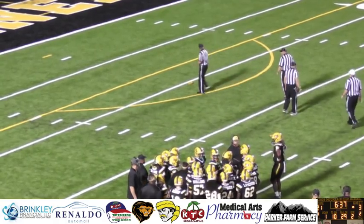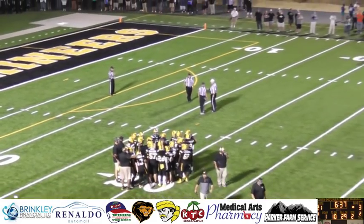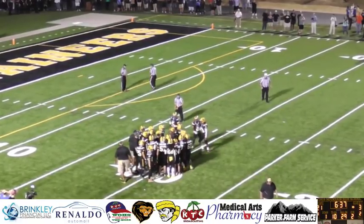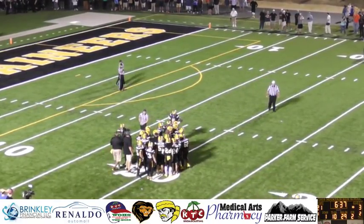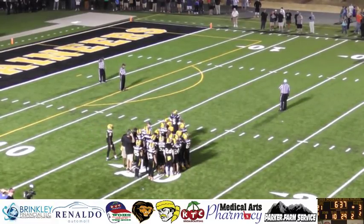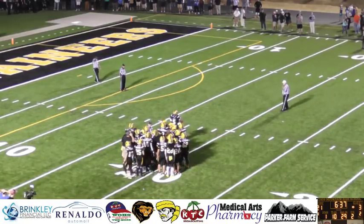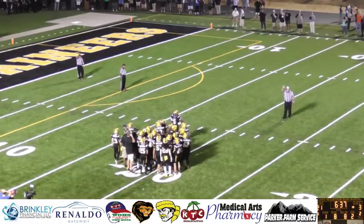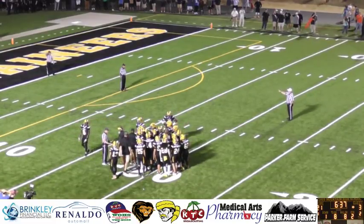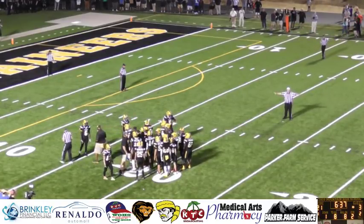All right, so it's going to be 2 unsportsmanlike conducts, 1 on Kings Mountain, 1 on Shelby, and then... So it looked like 3 penalties were called. There was a late hit, and then back-to-back unsportsmanlike penalties. So it's going to end up with offsetting penalties. So Best ran it for 13, and then there's basically a half the distance, which ends up being about an